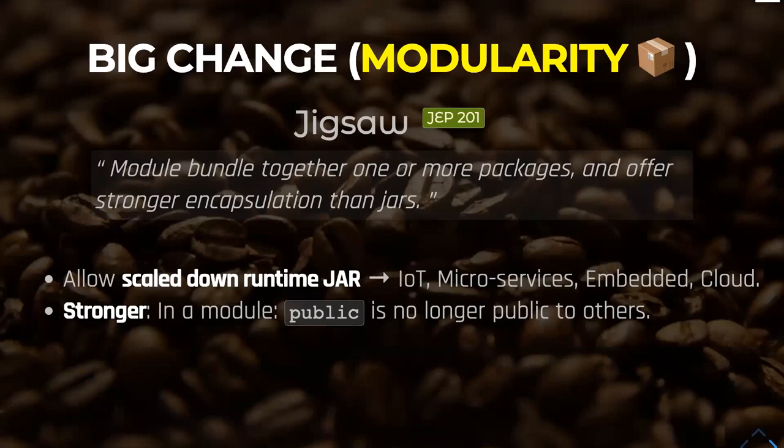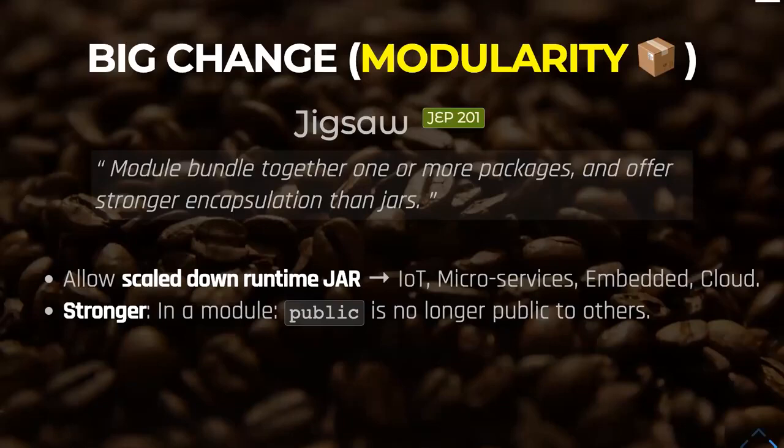So how can we prevent this? By the module system. The module system brought the concept that public is not public anymore. So what does it mean? You can define your class as public, that's very nice. But if you don't declare in your module-info that it is exported to the outside world, nobody can access it.